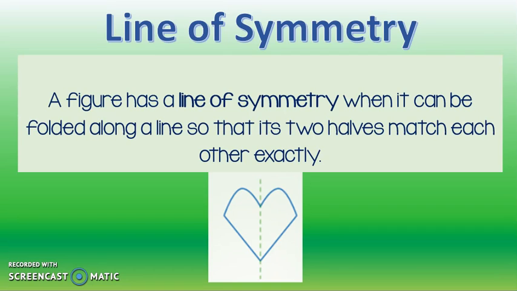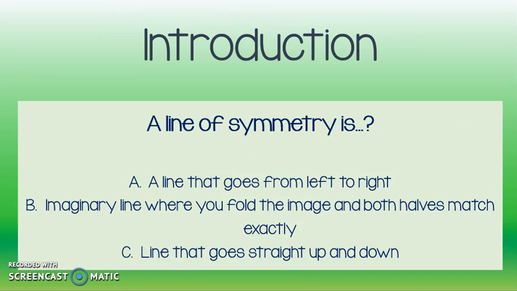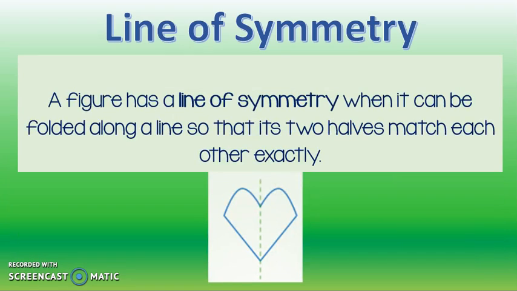So now that you've answered all 3 questions, horizontal, vertical, and a line of symmetry, let me tell you what a line of symmetry is, and hopefully you got this question right. That letter B, an imaginary line where you fold the image and both halves match exactly, is a line of symmetry. So take a look at this example here of this heart on the screen. Notice that green dotted line that goes right down through the middle. What that's showing you is that that is a line of